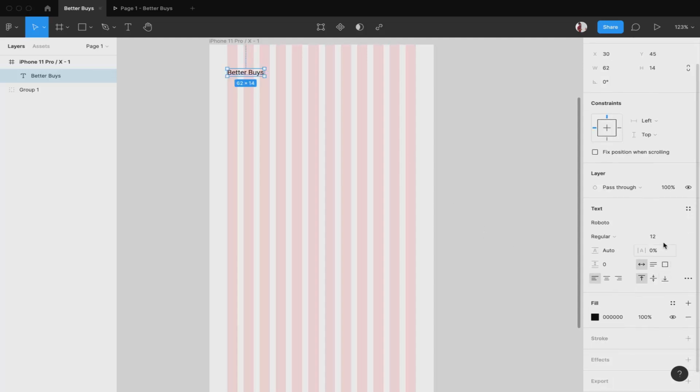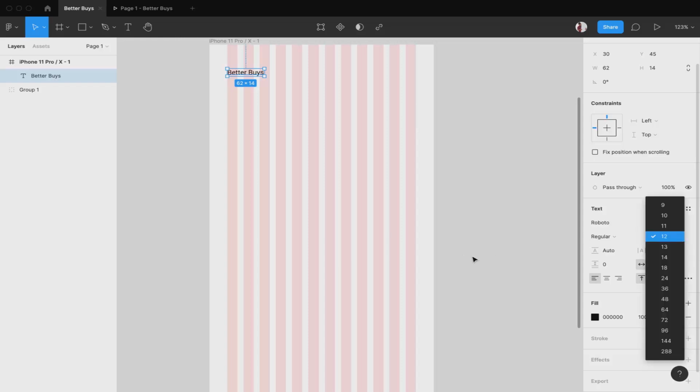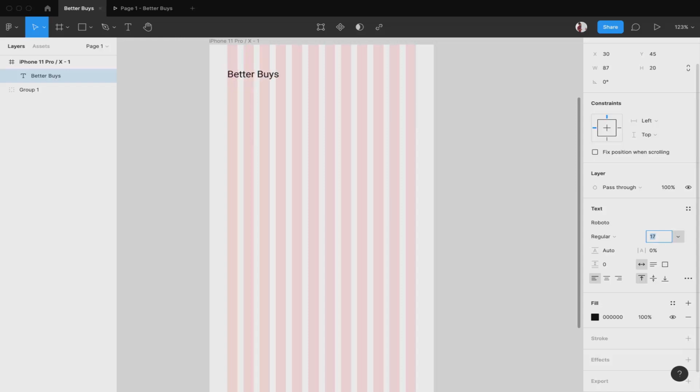Now let's increase the size. Over here in the text section you can increase the size by going over here, or you can simply select it and click on the upward arrow button. It will automatically increase. So I will call it Better Buys. The font I think it will be better if it is Poppins.